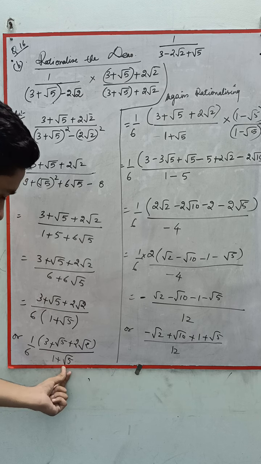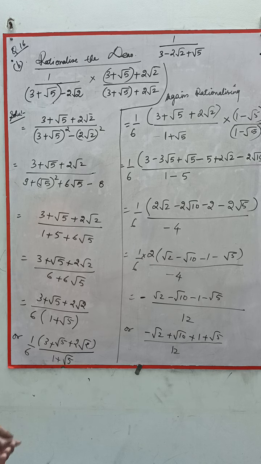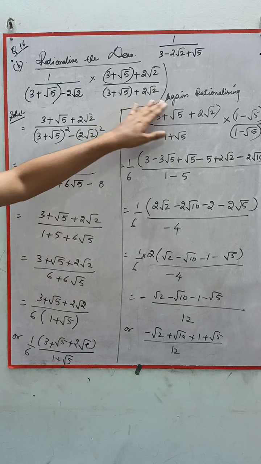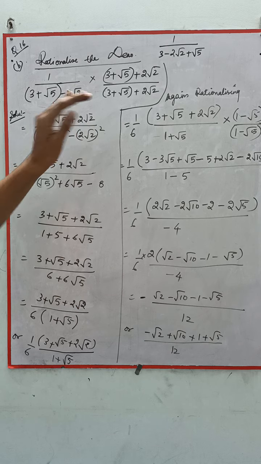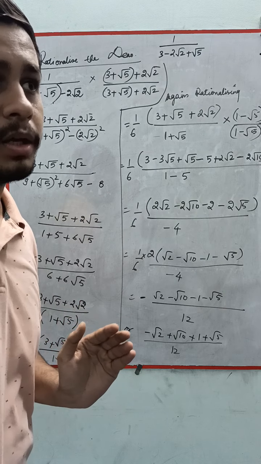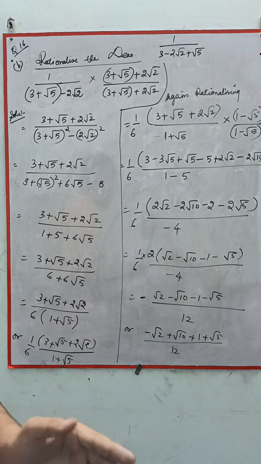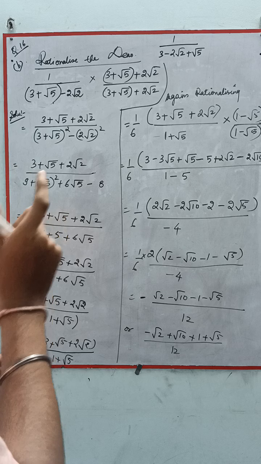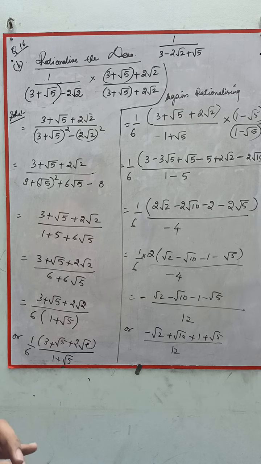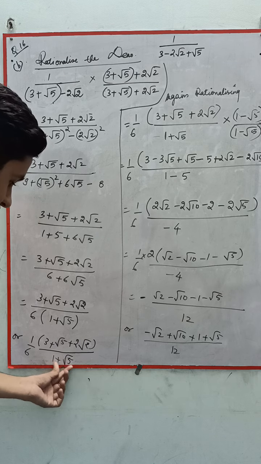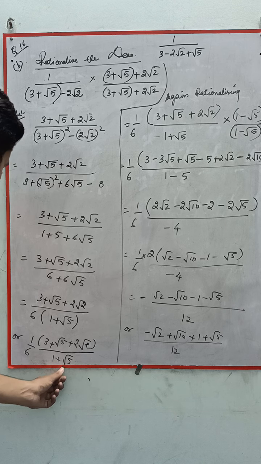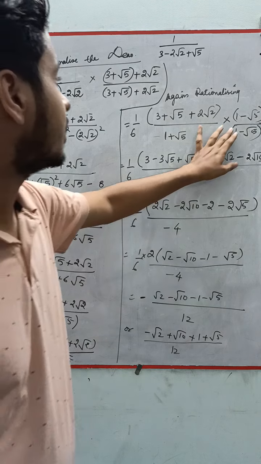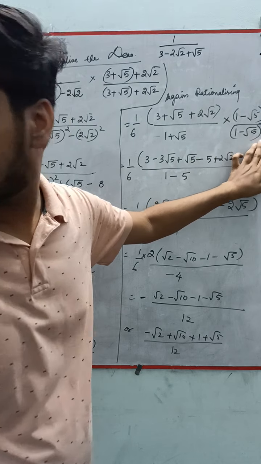Now after this again we have an irrational denominator. That is why we need to rationalize it to get it into the proper integer. Okay, that is the reason why we always rationalize the denominator, because one very important thing: if you have an irrational number in the denominator, you need to rationalize. This is a must which you have to do. Okay, so again we have to rationalize 1 plus root 5. So on rationalizing 1 plus root 5, it will be 1 minus root 5 upon 1 minus root 5.